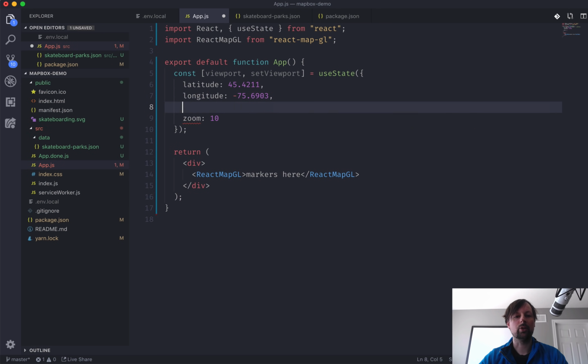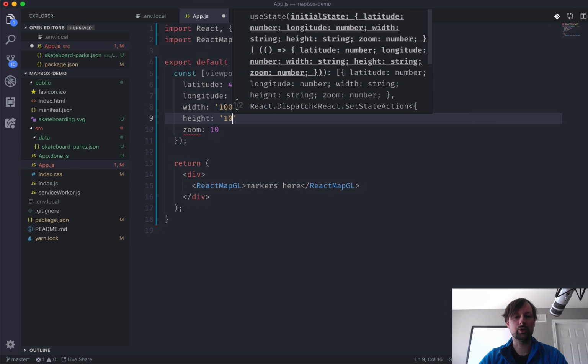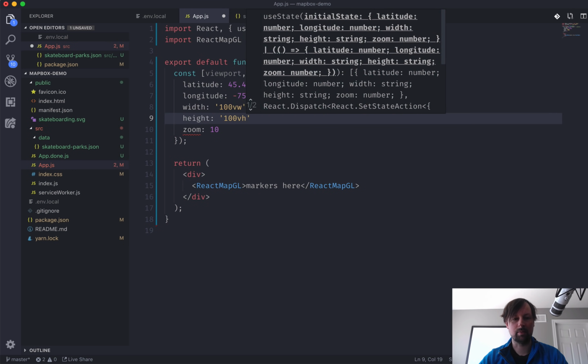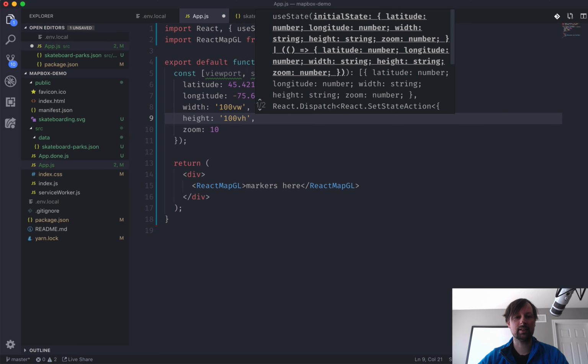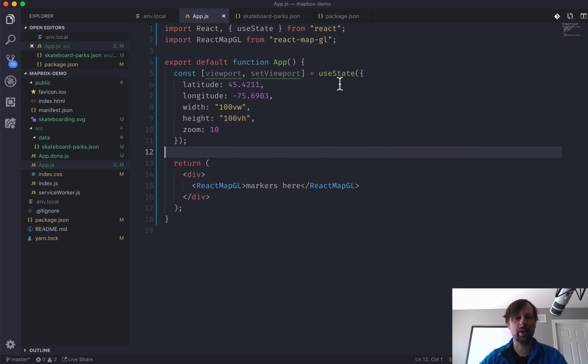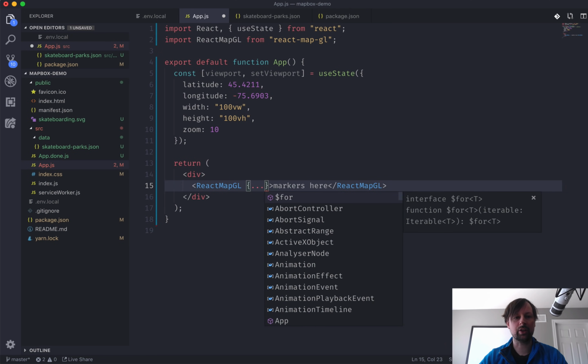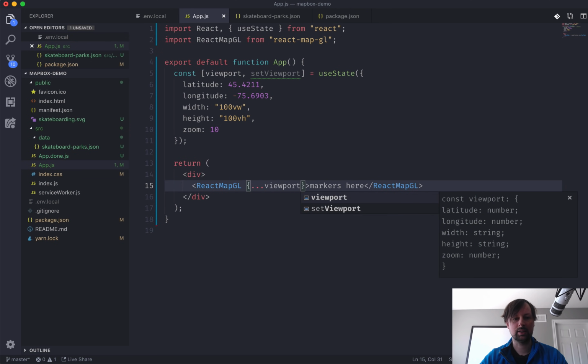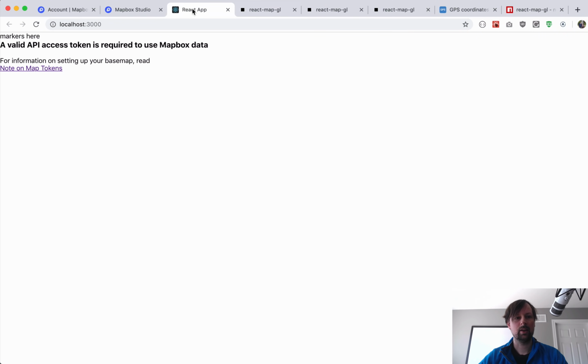Okay, so width, here you can actually use CSS values. So we can say 100% viewport width, and height will do 100% view height, like that. So now that we have our initial viewport info, we can pass all of that along to our React Map component. So we'll do ...viewport, like this. So now we'll come back here, and the first thing we see is we need to give